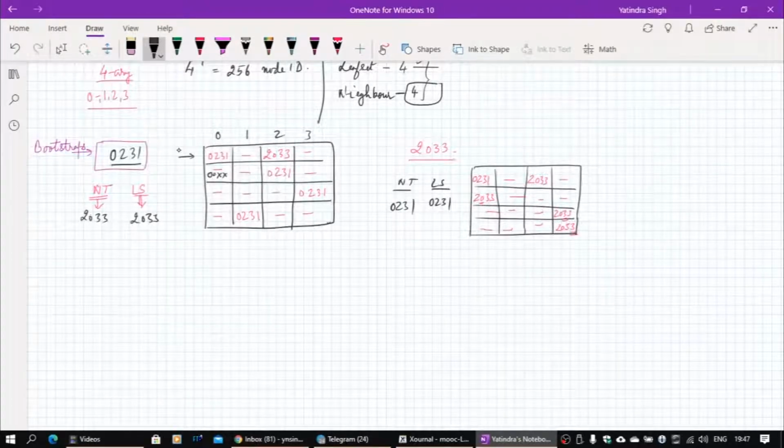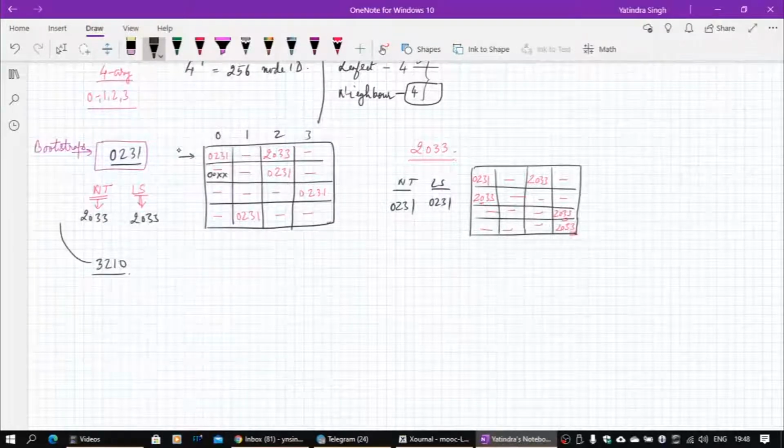Okay. So the next node which we assume is 3210. What will happen with 3210? I am assuming 3210 again talks to this bootstrapping node, and it requests 0231 to find out who is the root node for 3210, basically for leaf set population. That's what will be required.